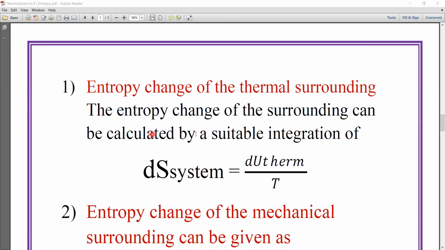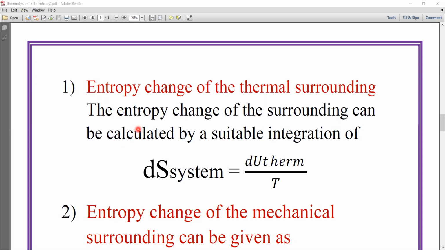Now, different cases of entropy we have to see here. First is entropy change of the thermal surrounding. यानी thermal surrounding में entropy क्या होती है? That is entropy change of the thermal surrounding. What is the formula for entropy in thermal surrounding, and what is the value of entropy in thermal surrounding? The entropy change of the surrounding can be calculated by a suitable integration